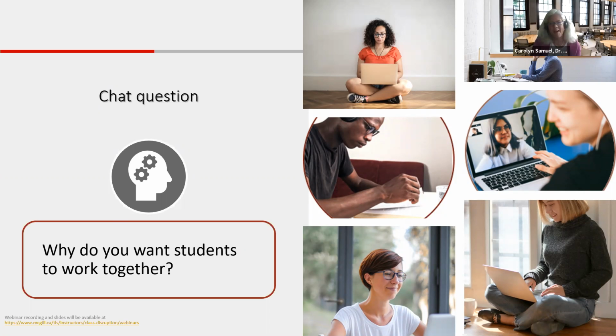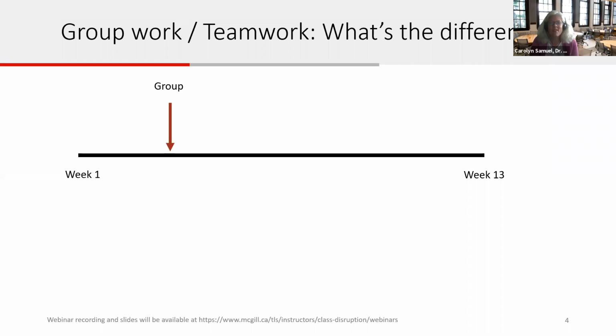Well, I think I added my point there about the workload, so maybe we will go on to the next slide. And we felt it would be important to define a couple of terms before we get further into the content. And we often see reference to group work, and we see reference as well to teamwork. We don't view these as the same thing. So we'd like to explain what the difference is from our perspective, and this is how we're going to be using the terms during this session.